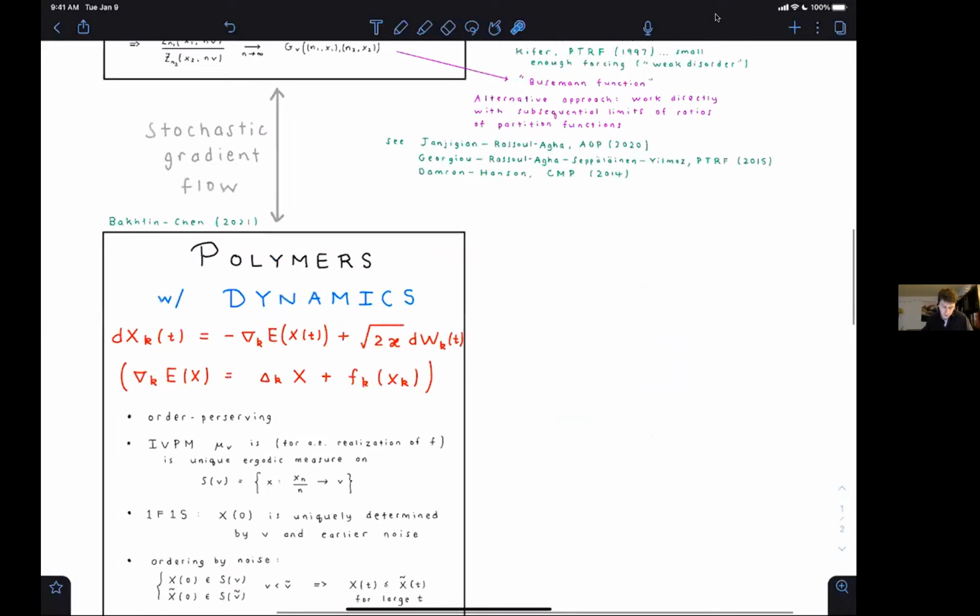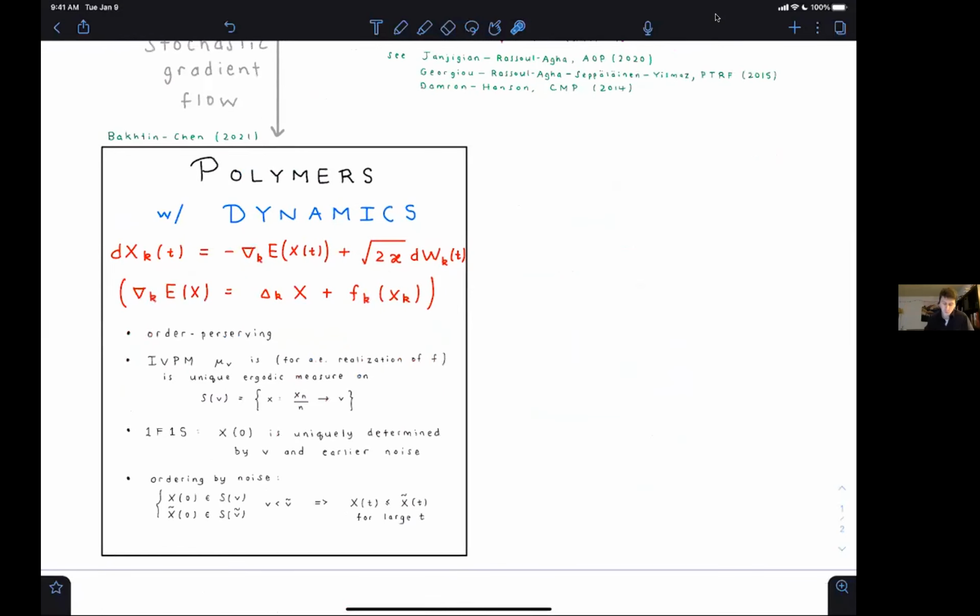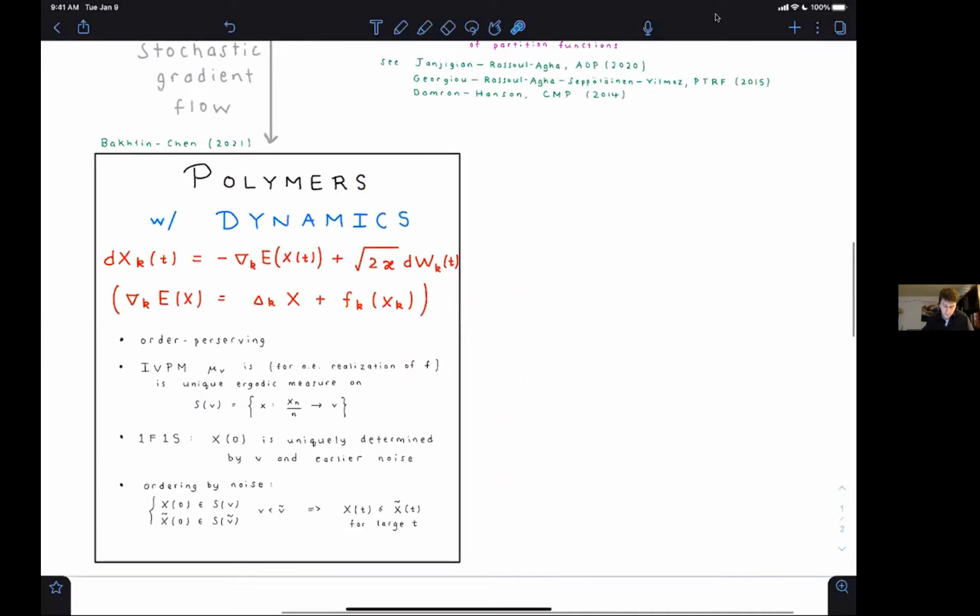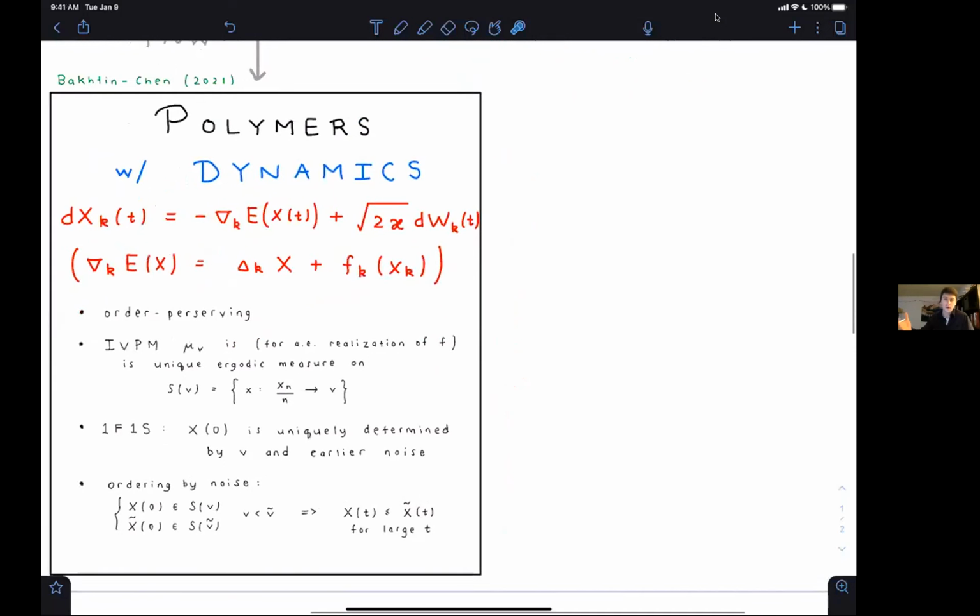And then allow me to not repeat most of what Yuri said with this dynamics case. There are all these nice properties, and I'll just say that the questions of pursuing dynamic polymers are interesting in their own right, at least for me. But then the issue of whether or not these things can say something about the finite volume polymers or the infinite volume polymers, existence and uniqueness of those infinite volume polymer measures, and whether or not they can say something interesting about the Burgers equation, all those things are yet to be explored. So this is a very interesting research program, and I hope I've given you at least some sense of why it's so interesting. So thanks very much.